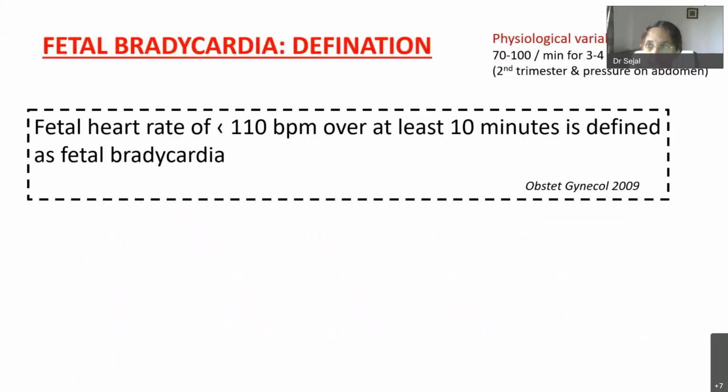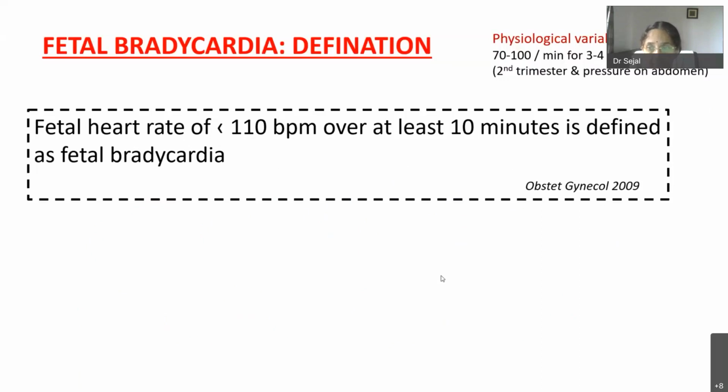So now fetal brady, what defines it? The cutoff usually, like in tachy, we understood that anything more than 180 is fetal tachy, but 160 to 180 is a gray zone. Similarly, you have a little understanding here on the brady side also. So a heart rate which is less than 110 beats per minute, which is lasting for at least 10 minutes,